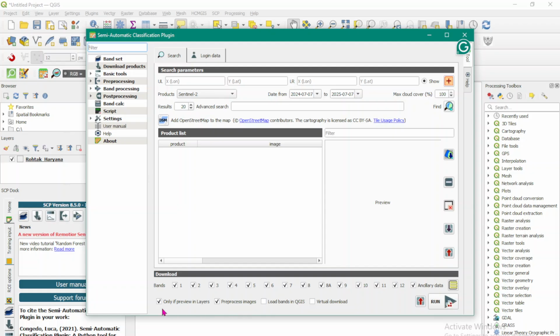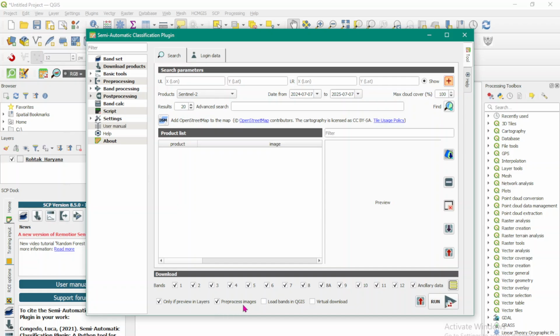Okay. Besides that, if you want to see only those imageries or those satellite data sets that have some preview, then you can check this on. But if you are not giving that condition, wherein even if the data doesn't have a preview option, you still want to download it, then you can go for checking it off. Okay. I am checking it on because I want to see the data set that I am going to download.